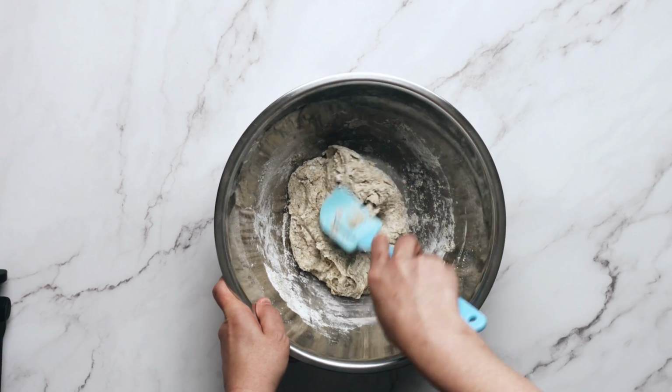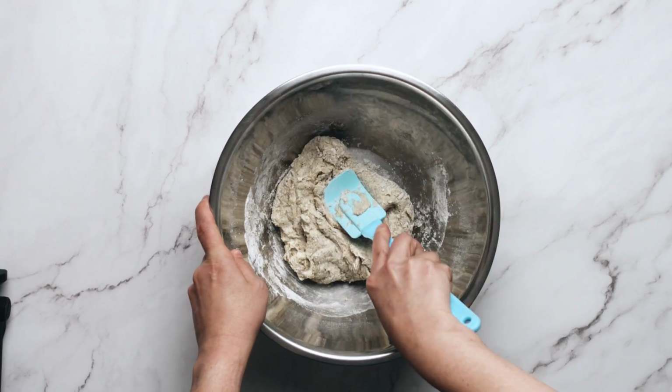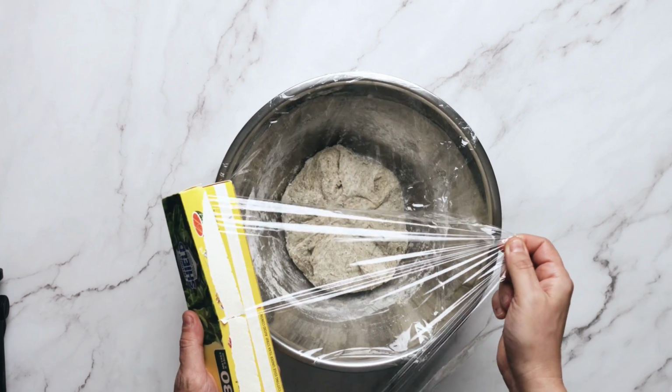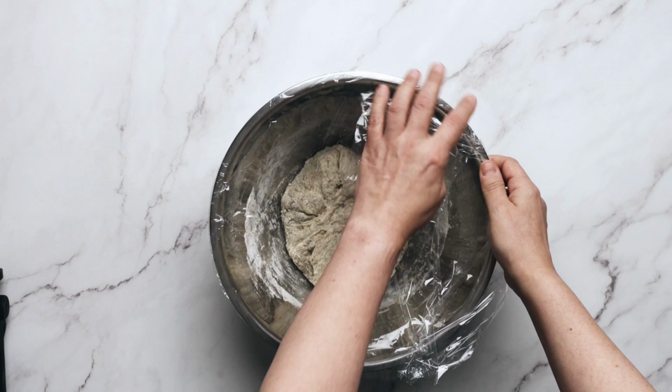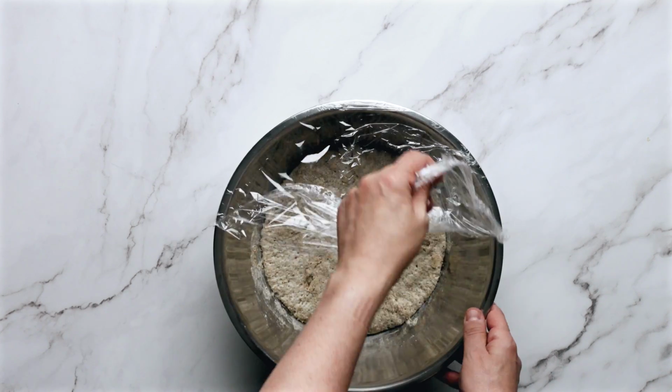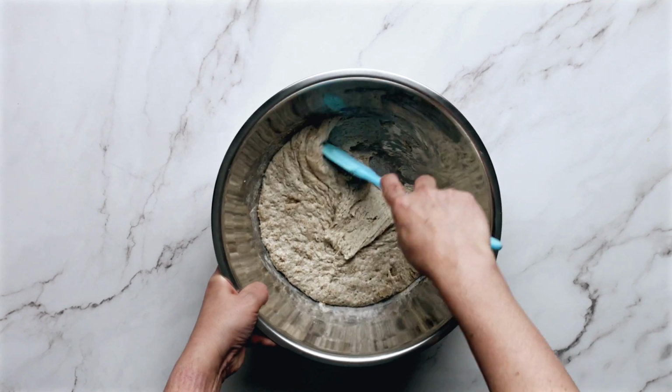Grab your handy spatula again and fold the dough from the outside into the center as I'm doing here. Rest this again for 15 minutes and repeat this step 3 more times. You will notice the dough becoming softer after each turn. Grab some plastic wrap and cover the bowl completely and allow the dough to rise anywhere between 4 and 24